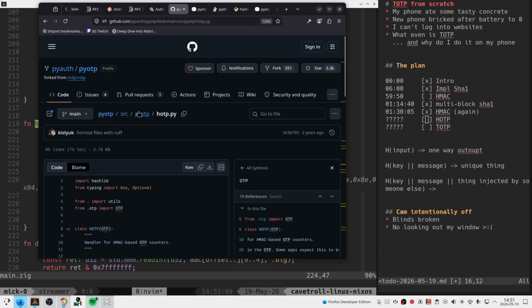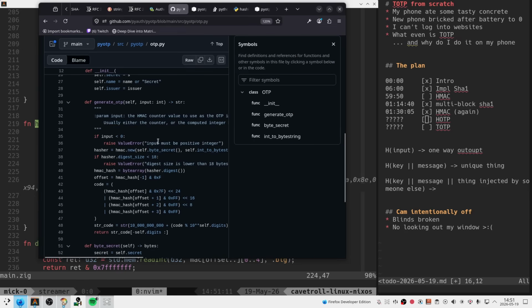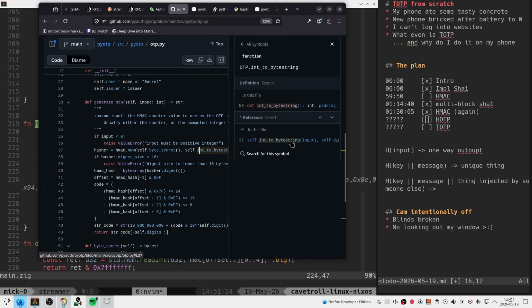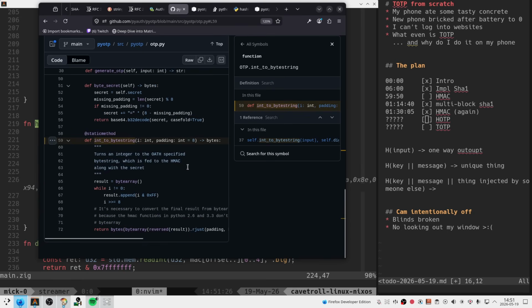So they have OTP. Here they have input as an int to byte string. Maybe this is the interesting part. Turns an integer into the OAuth specified byte string, which is fed to the Hmac. So they are taking